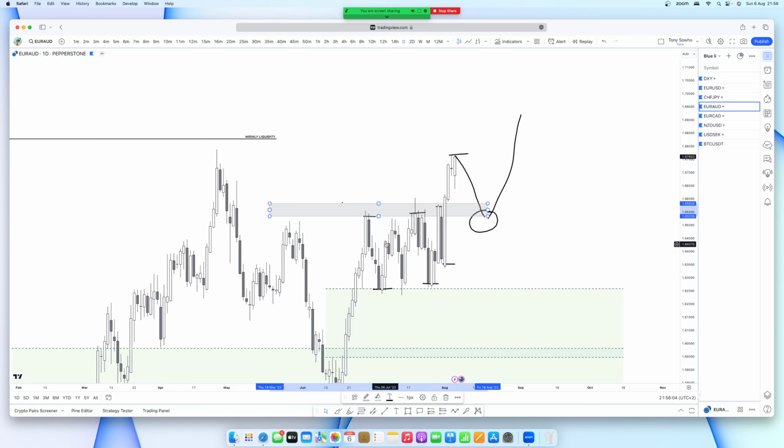Exactly. So for Euro AUD, I'm still believing it's going to go up. And we have this institutional cube here. So makes sense. And then for EuroCAD,